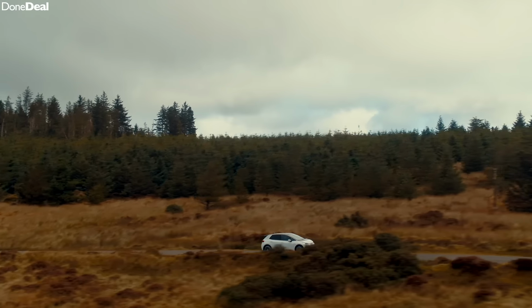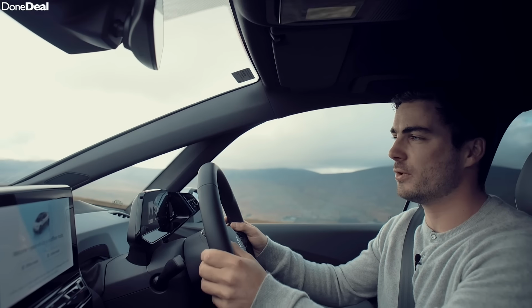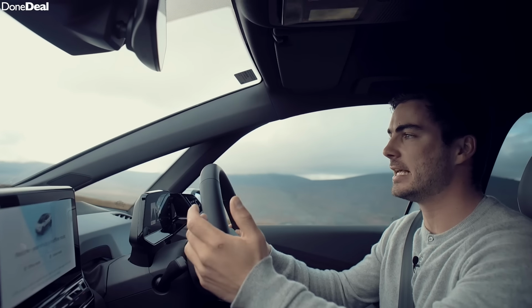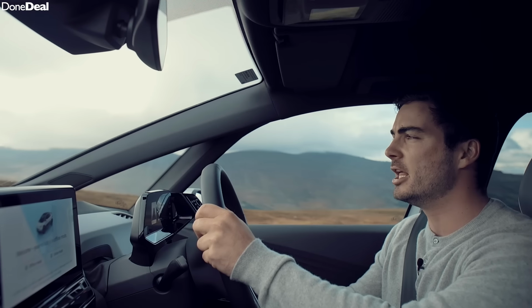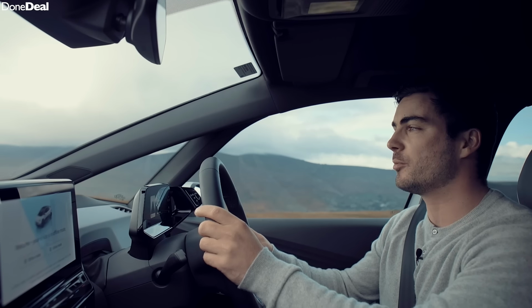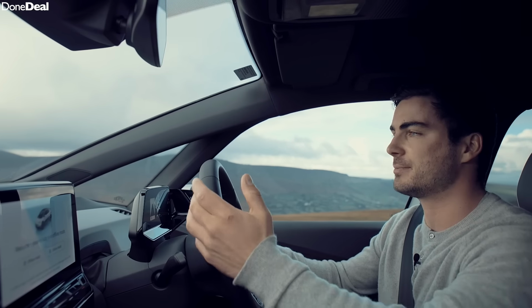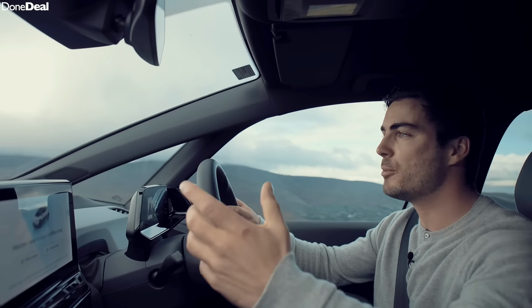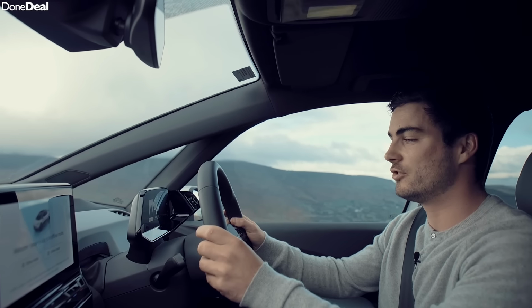The ID.3 is equipped with quite a lot of tech. So it has all your usual things like emergency braking, but it also comes with lane assist, traffic sign recognition, and adaptive cruise control. So from an everyday driving point of view, it is just like any other car in its price range, and it's fantastic. I really can't fault it. People might have stigmas against electric cars, but really this is the future,